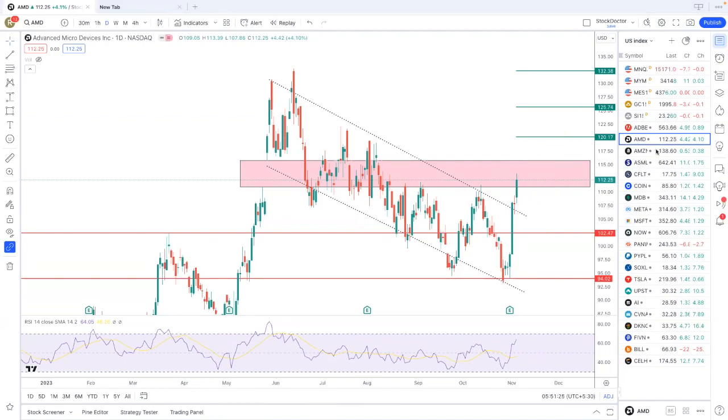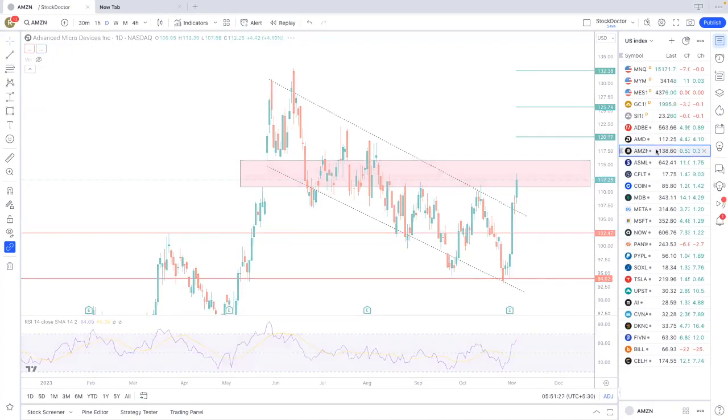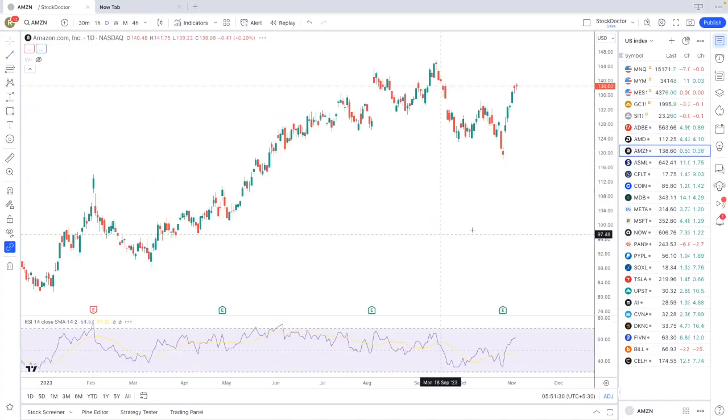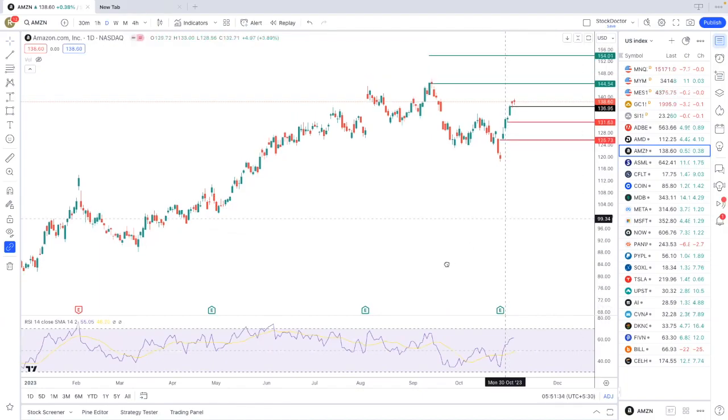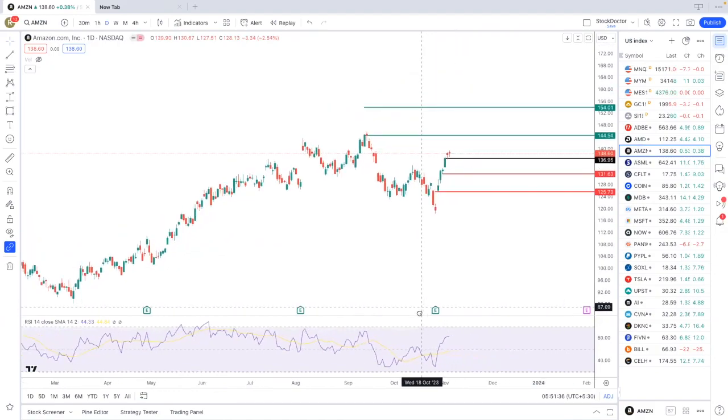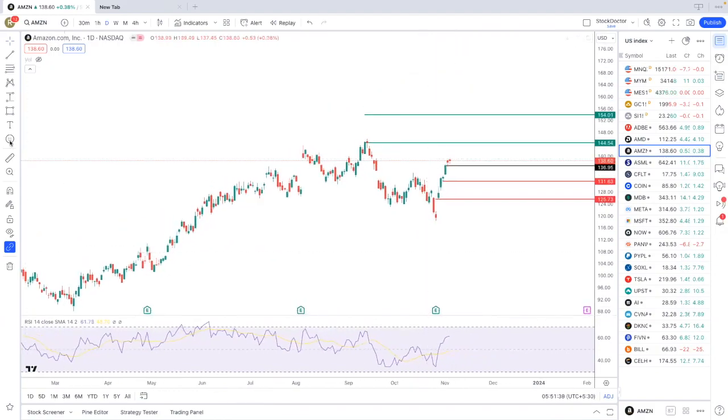We'll talk about Amazon now. So this is the chart of Amazon. For Amazon, I am not able to find any particular price action, but I have the levels. Amazon has important support around 137. If it stays above that, then 144 and 154 are the two targets. On the downside, it can go towards 131 and 125 if it doesn't hold 137.